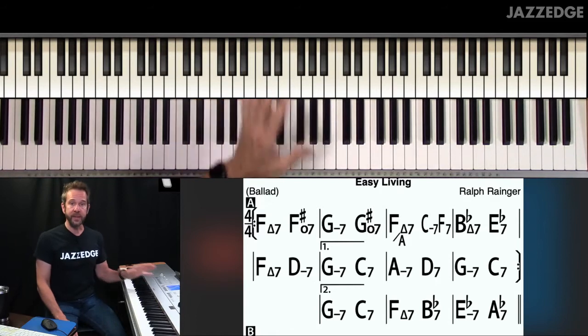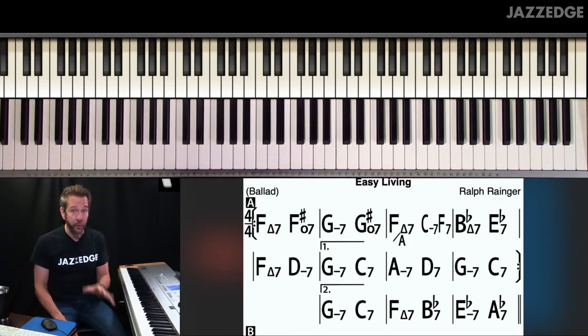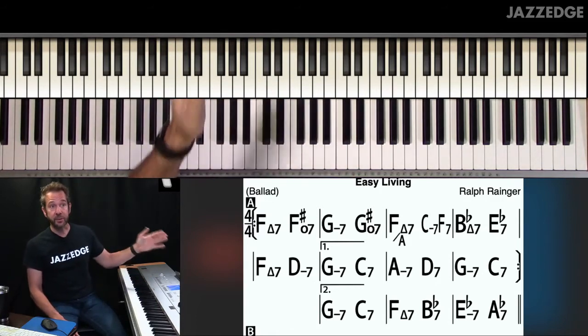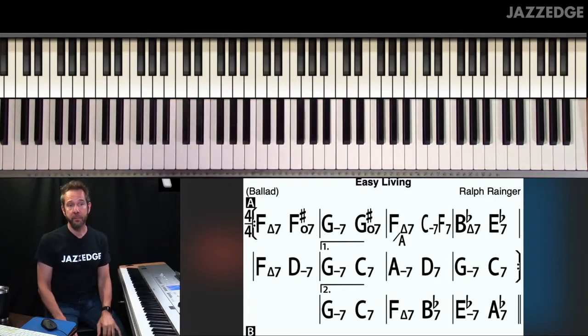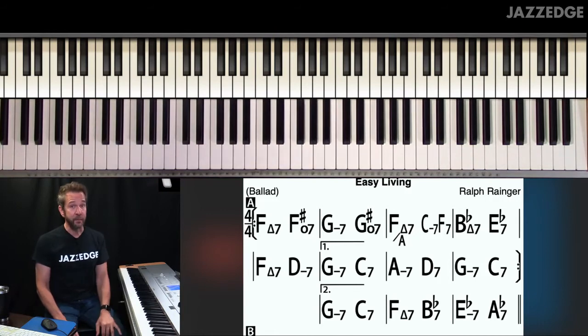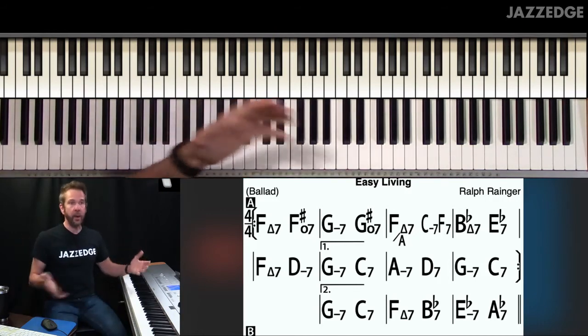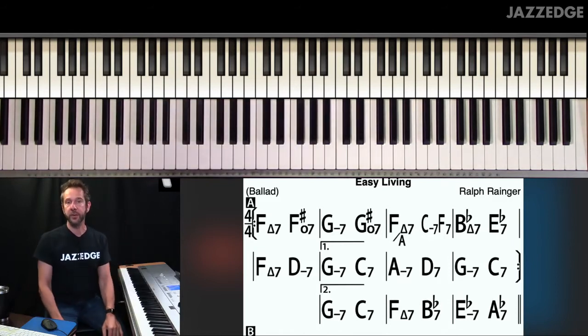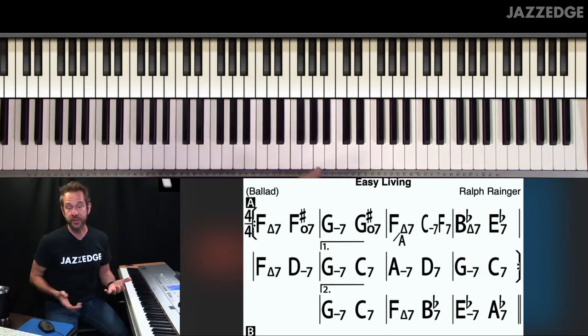Because once you jump into standards, there's a lot of chords. I mean, look at this tune. You've got two chords per measure, sometimes three chords a measure. That's a lot to improvise over. And the question that I normally get from students is, how do I improvise over chords when they're moving so fast like this? Okay? And the first answer, or the first question I should say, is, can you